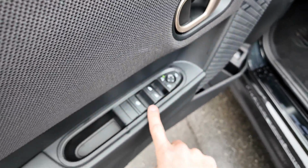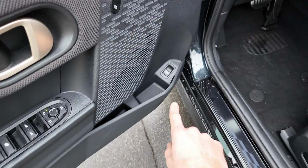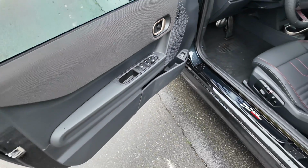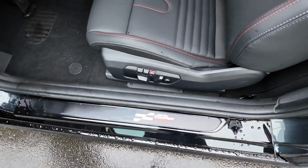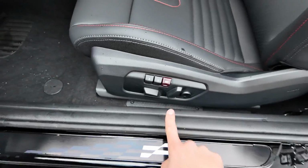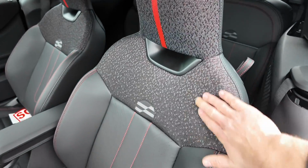There's the mirror adjustments, window controls, which you can do all 4 with the push of 1 button there. And then there's the liftgate release, or the tailgate there, and a little bit of storage. You'll notice John Cooper Works down on the door sill. This has memory seats, power folding seats too, which have a really nice design to them, especially with this texture